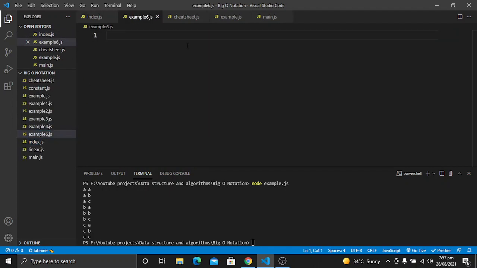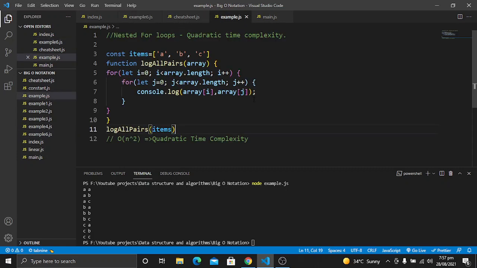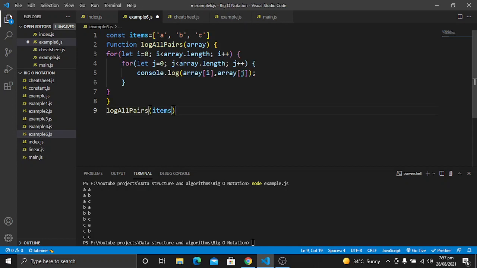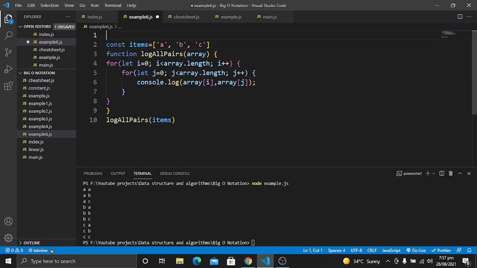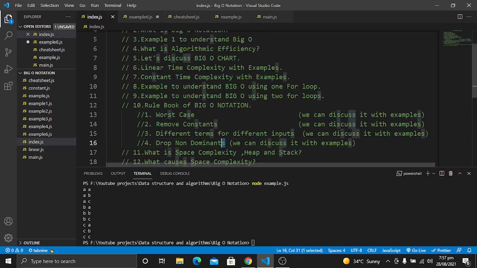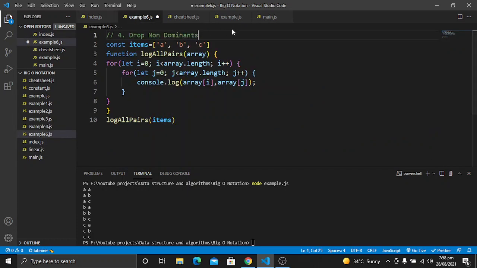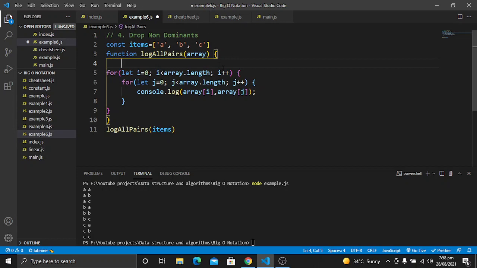So in this example, what I will do is copy this code, paste it here, and comment it out. We are discussing the fourth rule, which is drop the non-dominants.